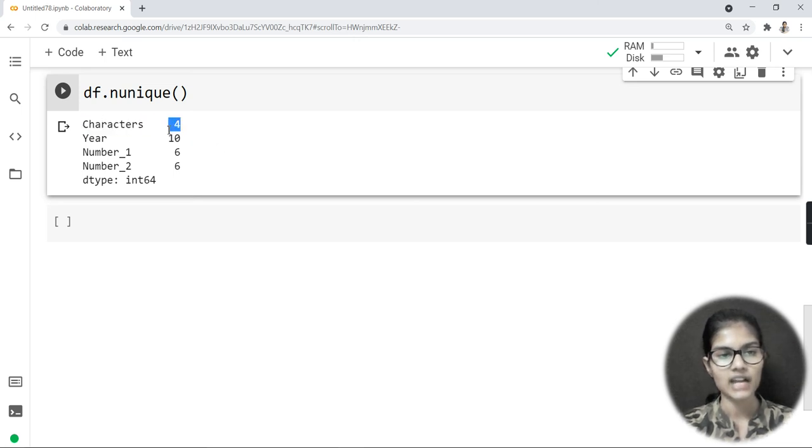For characters it has 4, for year it has 10, and for number_1 and number_2, both of these have 6 unique values.